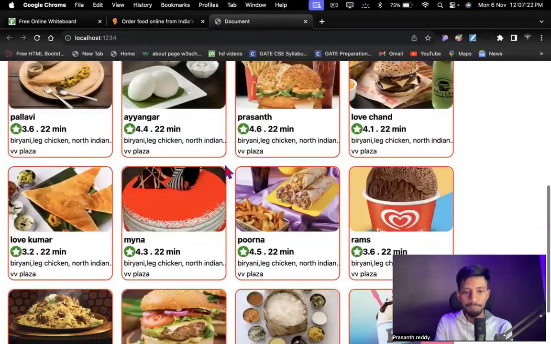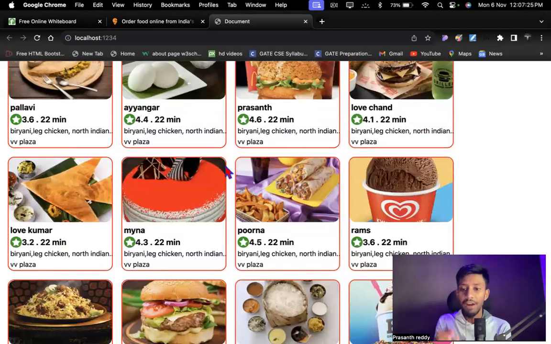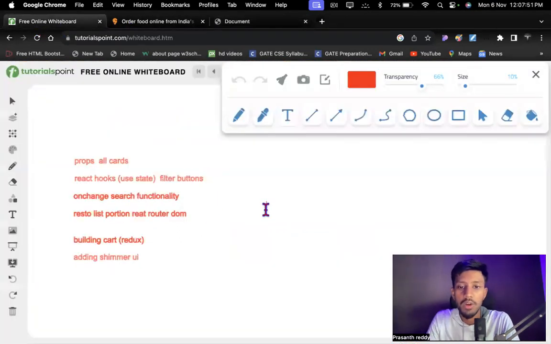Okay, done, guys. Now I want to tell you one concept. This is one more major interview question. Please write it down. I hope you guys are taking separate notes only for interview preparation, guys. Inside that, please write this interview question. I don't know whether they are going to ask this question or not, but the question is: what do you mean by config driven UI? Let's type this.